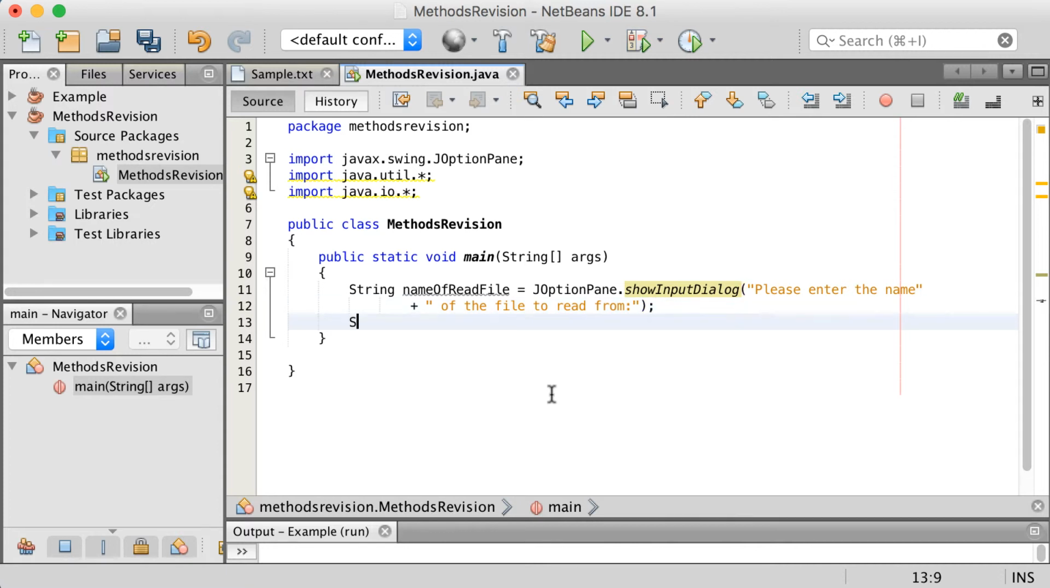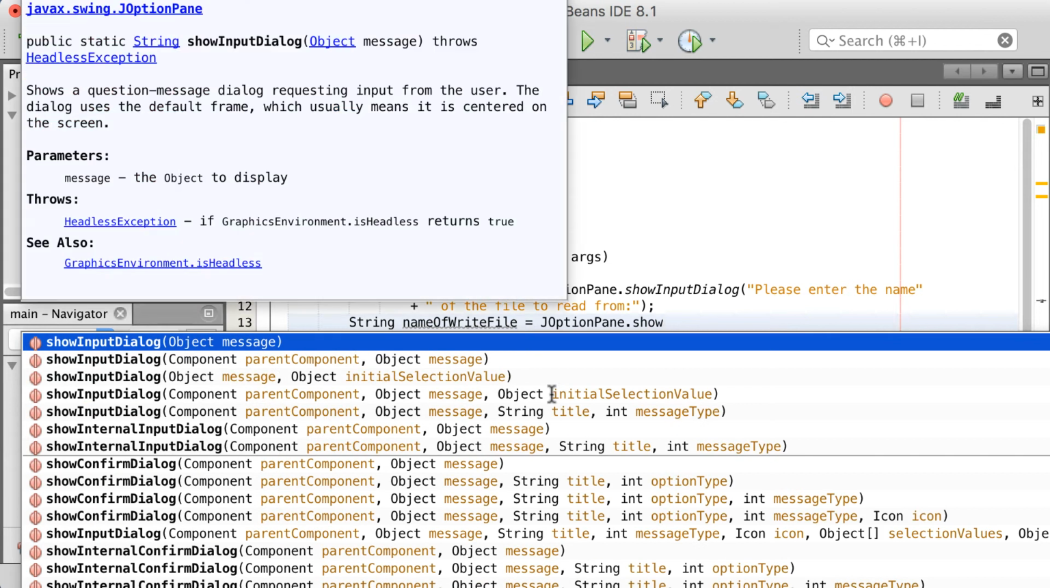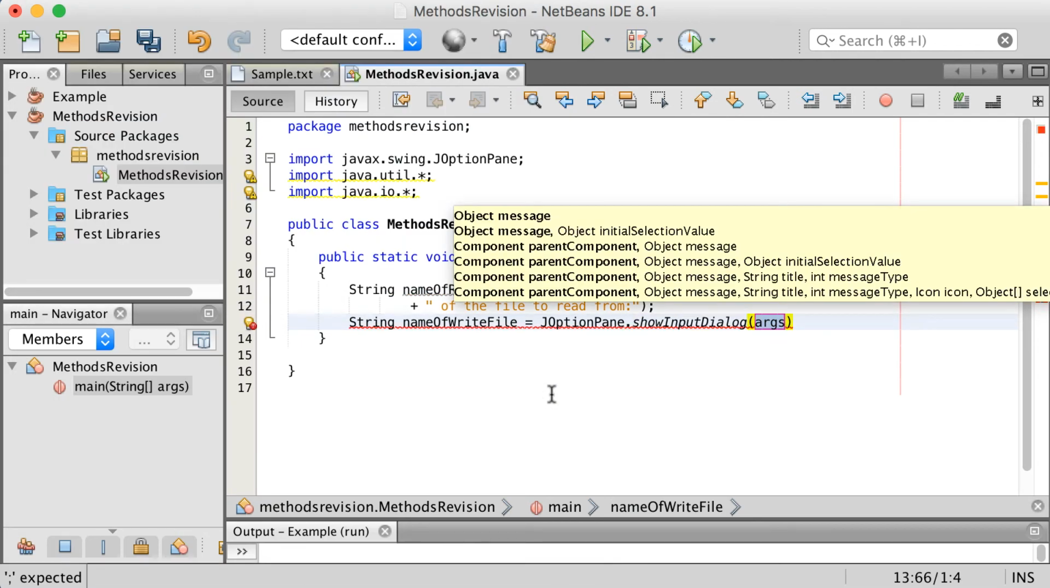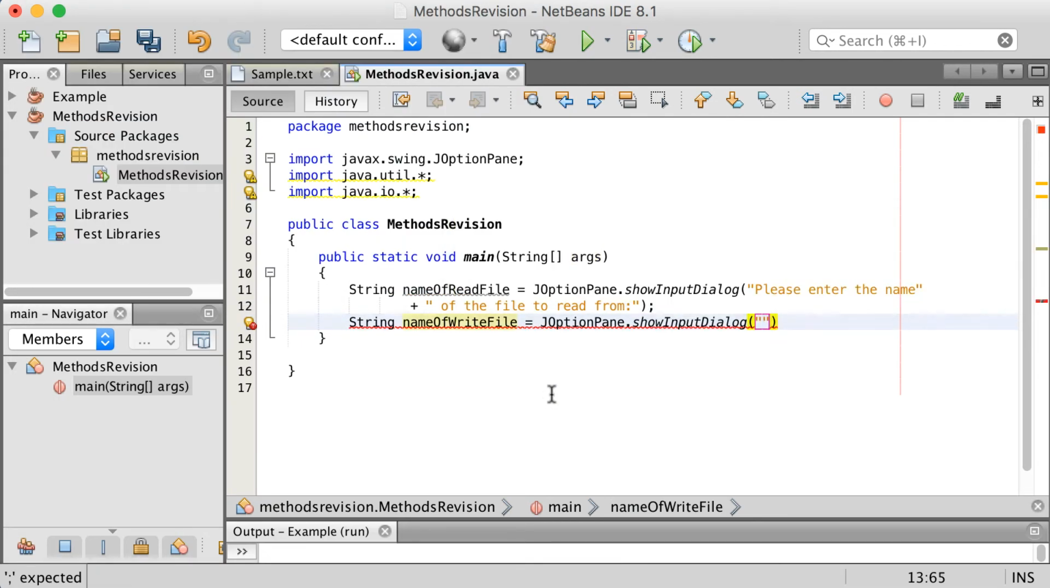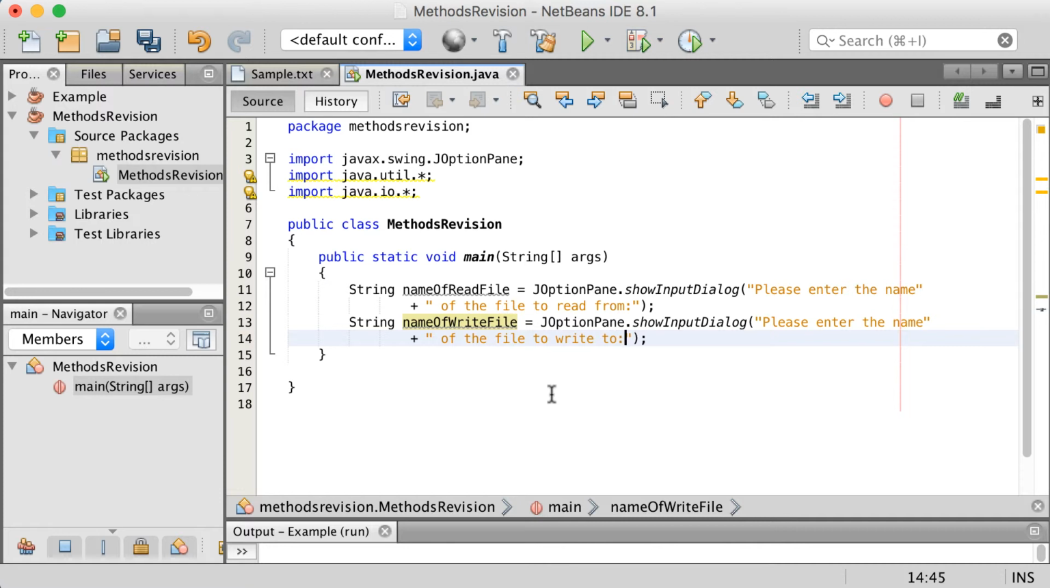And then we're going to also ask a second question, and that will basically be the name of the write file that we want to write to. So we're going to ask again JOptionPane.showInputDialog, and then in brackets what we want to ask. So in this case again we're going to ask, please enter the name of the file to write to. So we're asking the user two questions, and this is just using the normal JOptionPane,